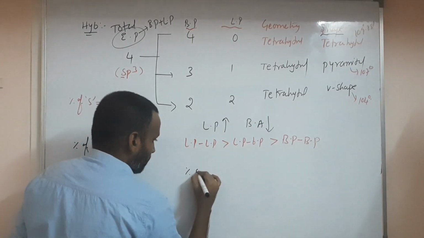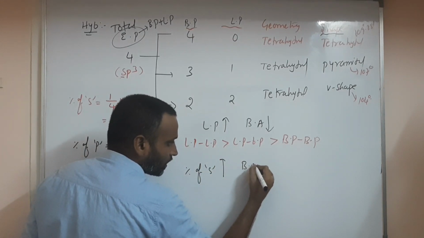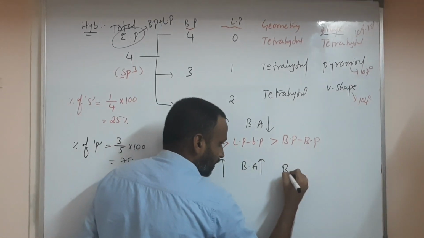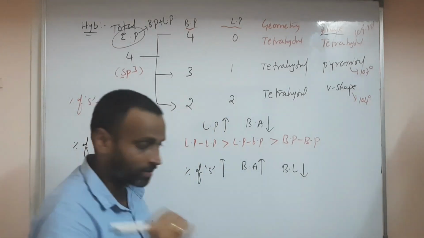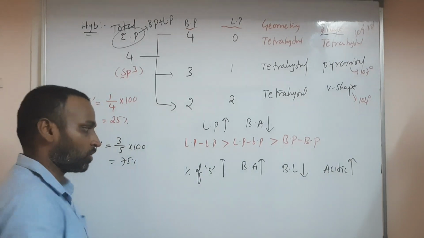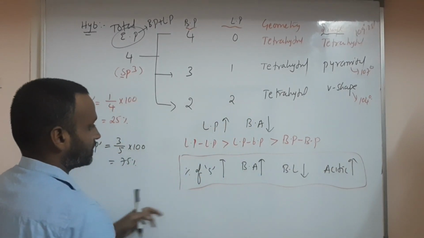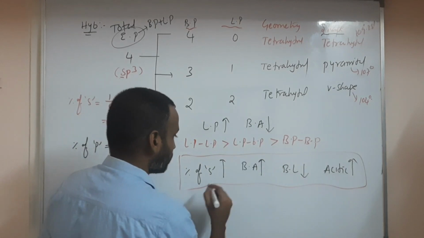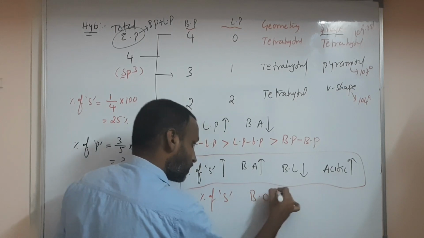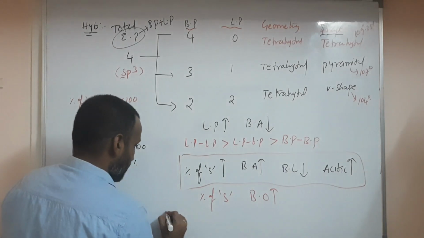Why did I say percentage of s character? As percentage of s character increases, bond angle increases. Remember, bond length decreases. Remember, acidic character increases. All of this is very important. One more thing: when percentage of s increases, bond order also increases. Acidic character increases. I'll tell you an example, carbon example,